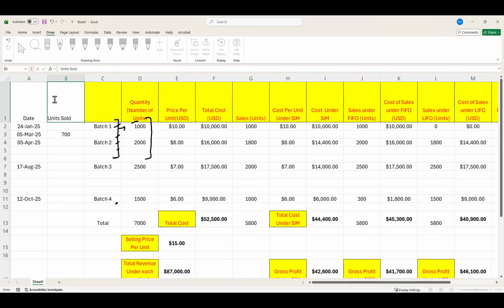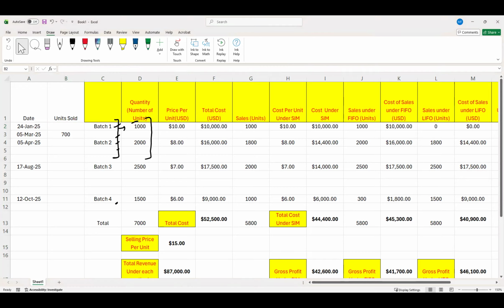Now this does not depend on the purchase date. So basically we are just assuming that on 5th of March, the first sale took place of 700 units. See the impact, what will happen. Now, the impact will be, if suppose this is a perpetual system,